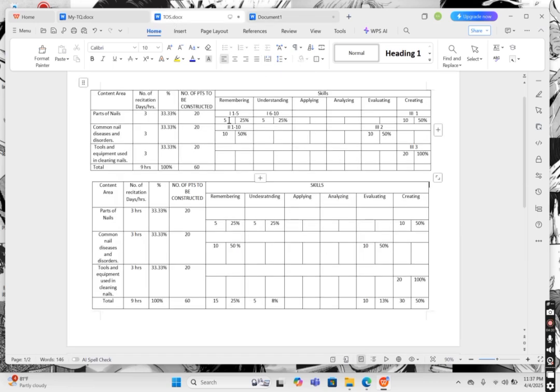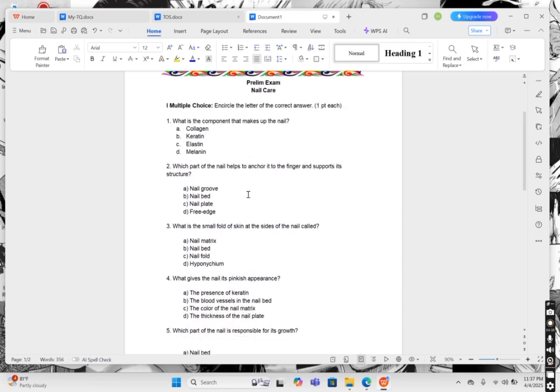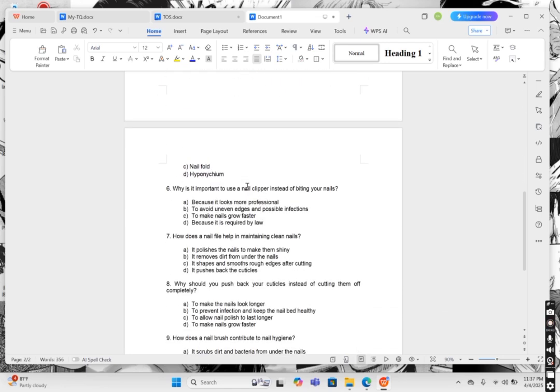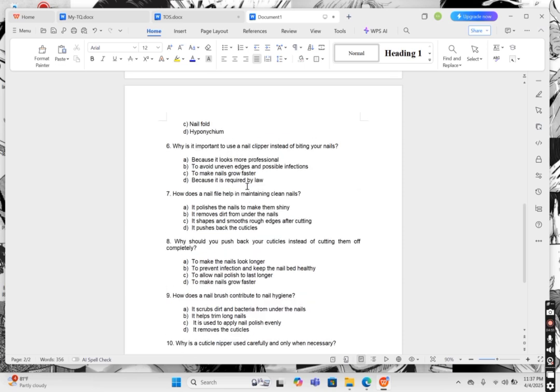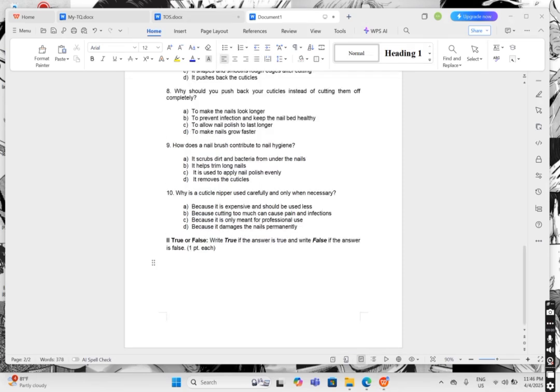And for the TOS, I have 5 remembering and 5 also understanding. From 1 to 5, it is remembering, just easy questions, and 6 to 10 is under the understanding. Why is it important to use a nail clipper instead of biting your nails? A, because it looks more professional. B, to avoid uneven edges and possible